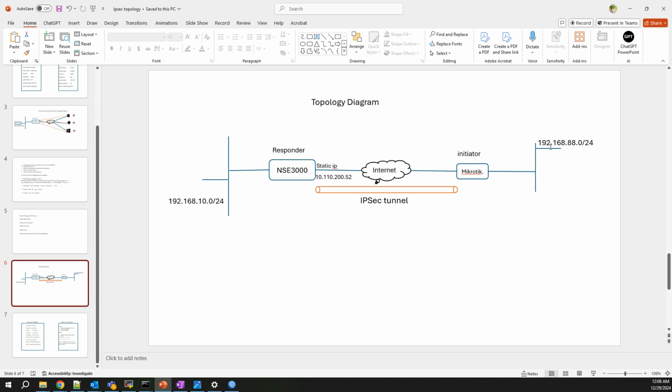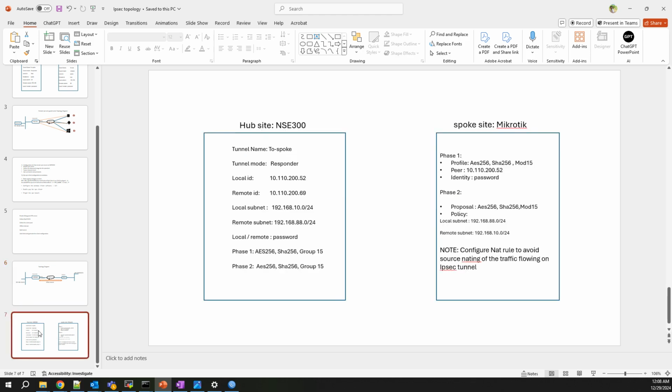And the subnet which is behind the Mikrotik is 192.168.88.0. So the hosts which are there as part of the 88.0, they should have reachability to 192.168.10.0, which is behind the NSE. And once the tunnel is established, they should be able to have the connectivity. Okay. So now let's walk through the configuration that we need to do to establish the IPsec tunnel between